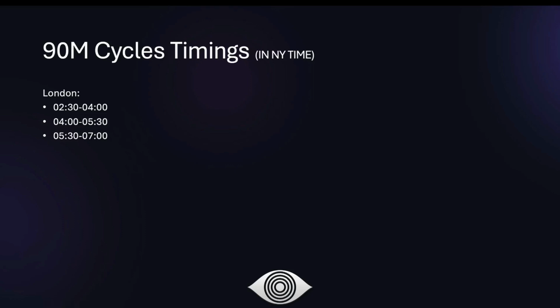One thing that's important to note, like I already mentioned within the YouTube lecture about this topic, is the fact that the 90-minute cycles during the London session seem to have less impact on the delivery of price than during the New York morning and afternoon session, especially on the index futures. So for London, you're probably better off by referring back to the Asia session or back to the previous day's PM session or morning session to define crucial reference points during the London session. Something for you to investigate, but I think it's important for me to share that.